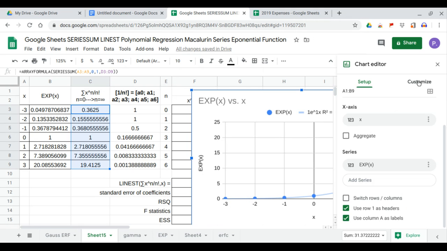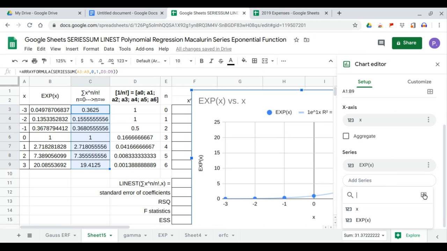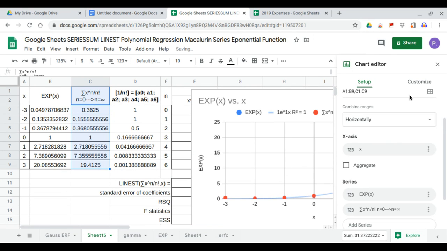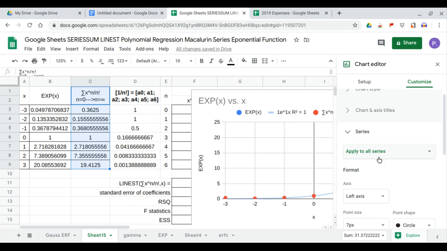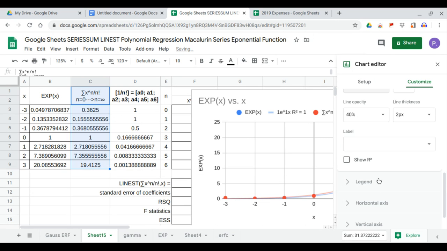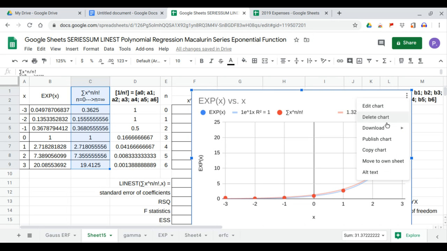So we add the series to the chart and we show the equation as well. See if they match. You will notice there's just a small difference in the equation. Our equation here is 1 times e to the x. Here it is 1.32 times e to the minus 1x. But we're more interested in